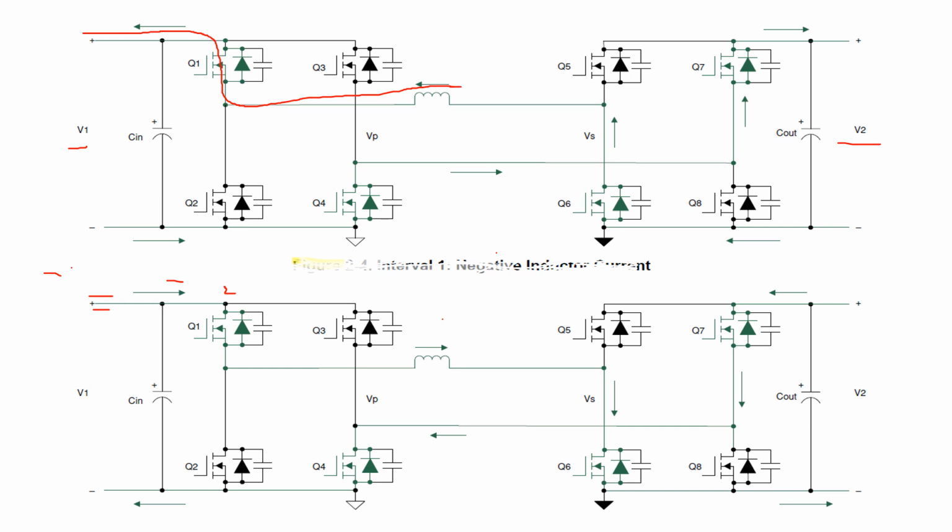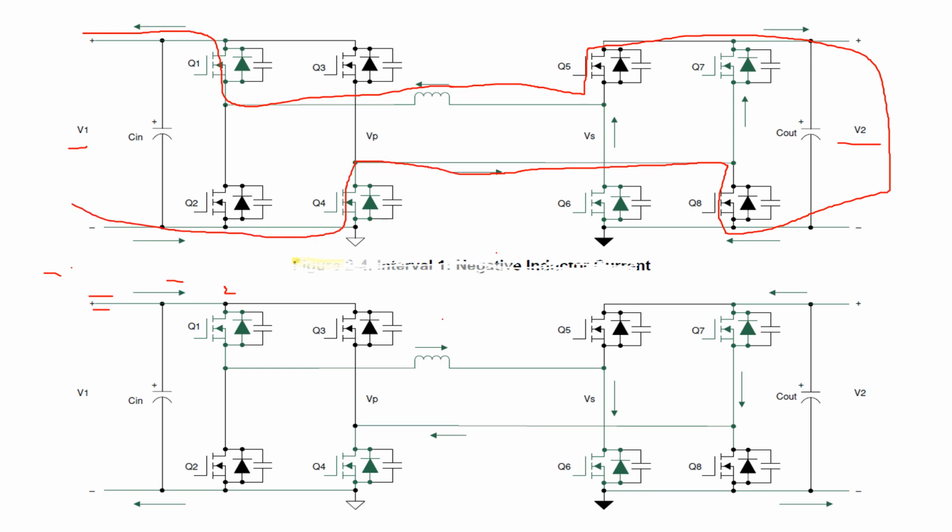It goes to the other side, out this way to Q5, and then comes down this way, goes through Q8, then comes this way, goes through Q4, and comes this way. So this is the direction of the current in the